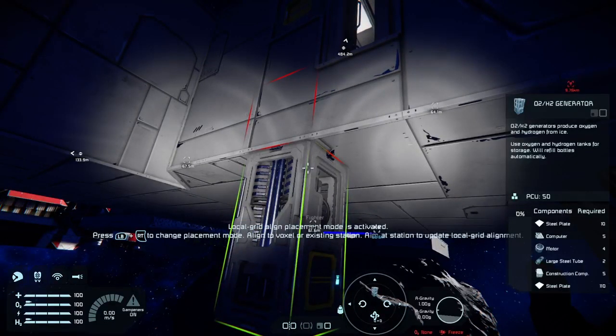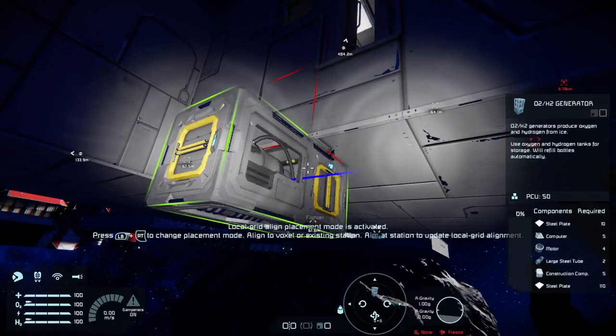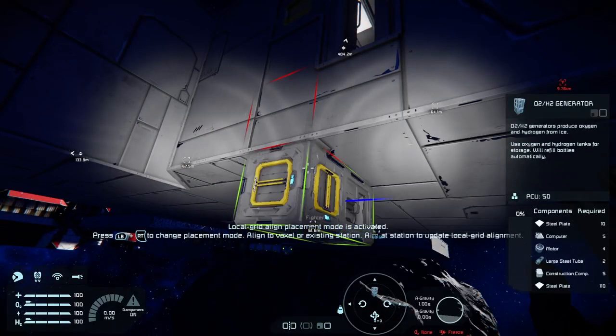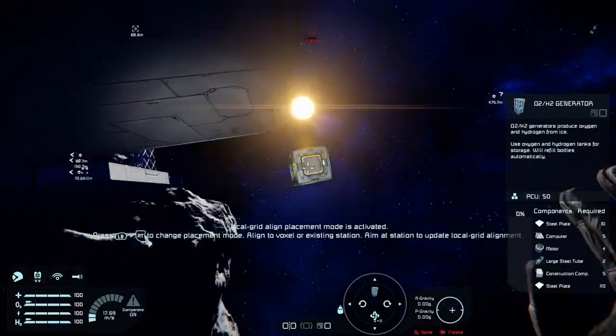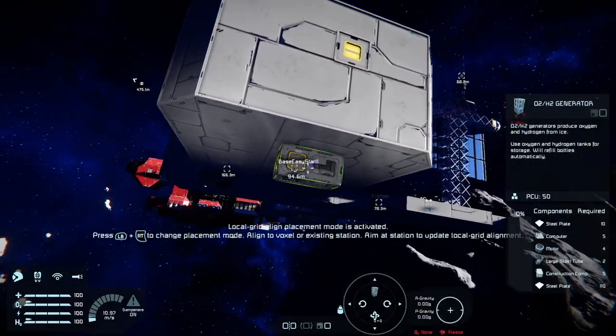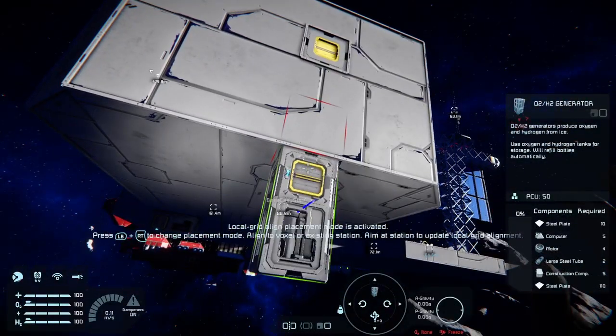And again, if you don't know, the rotation is down on the D-pad, and you'll see green will rotate it along this axis, blue is the one we want, and that will rotate it on this axis, and then rotate it on this axis. So that was the blue. We'll do the same while we've got this block out, because as I said, we'll be using a closed system.